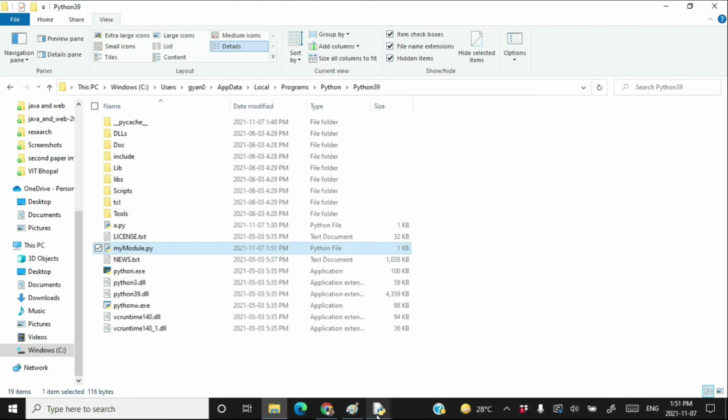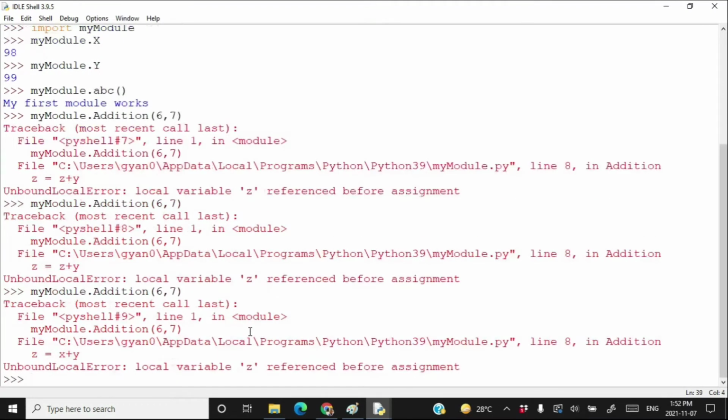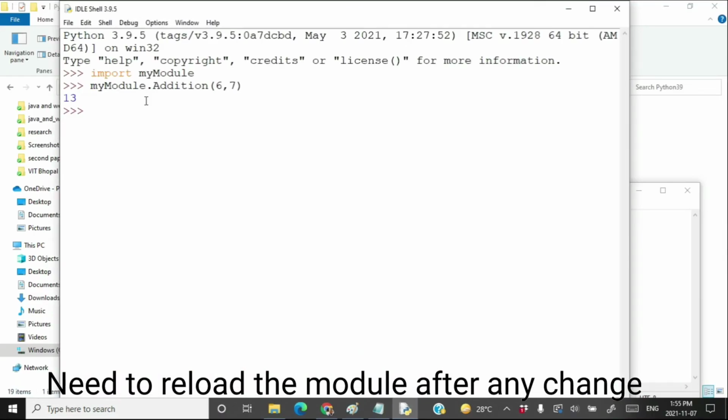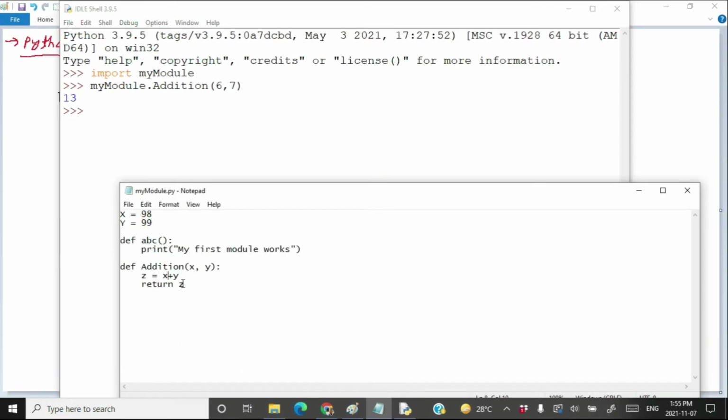Cut it and now it will work. mymodule.addition(6,7), paste it here, press enter and okay, now it's working. Whenever you do some updation, it is advisable to reload the module again. That means re-import the module again. Now I have changed my module, imported it again and called the addition method and it executes.